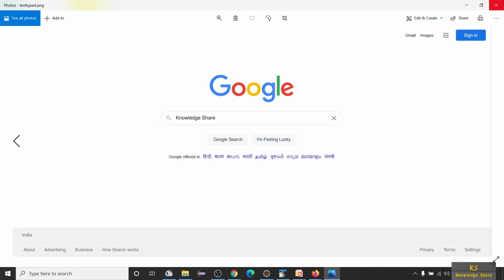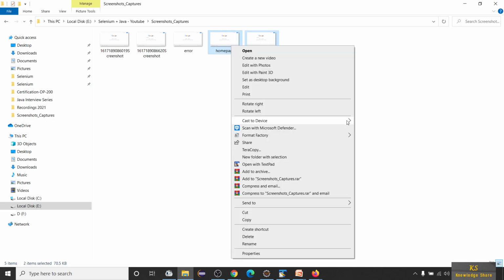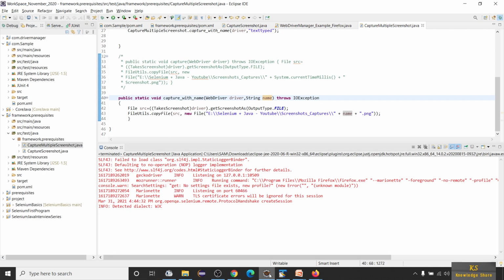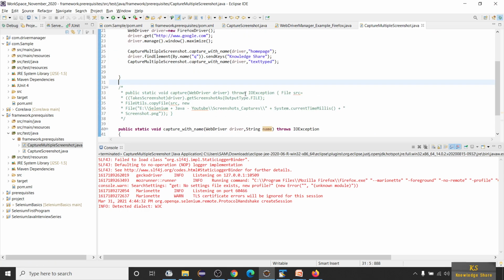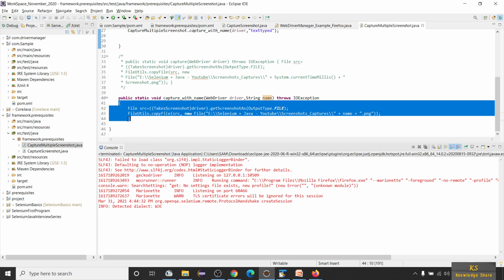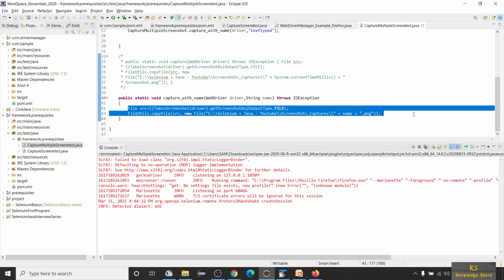Now if you observe here, these screenshots you can simply copy into a folder or zip it and send to your lead, or you can save it somewhere for future reference. That way you can create your own methods and capture screenshots. Screenshots are not only meant for failures. Of course it's meant for failures, but sometimes it's very important to capture important functionality of the application as well. So it's better to have a method so that you can capture the screenshot whenever you need. Don't keep on writing these two lines of code whenever you need.